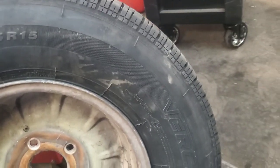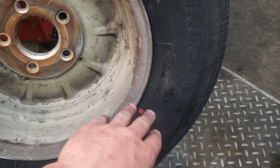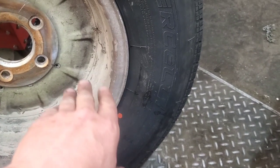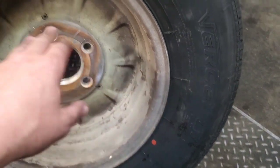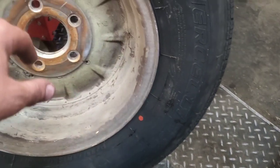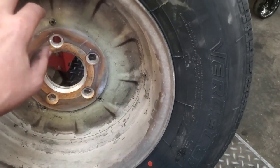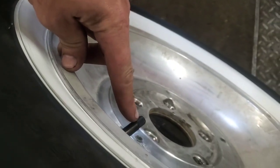The other thing too is, and I found different information on this in both, this is the most recent. Somebody commented on another video I made, when I put those tires on my pickup with the balance beads, that I gave the wrong information, and I could have. If you have the yellow and the red dot on here, what this person told me is put the yellow dot and match it up with the valve stem,